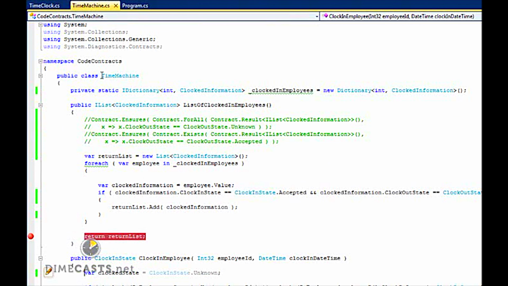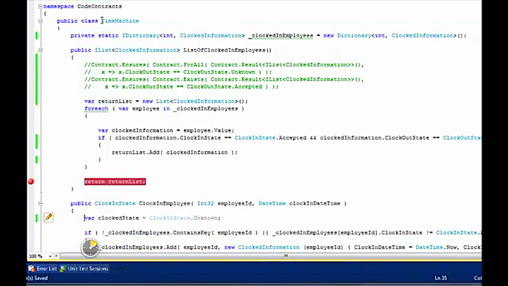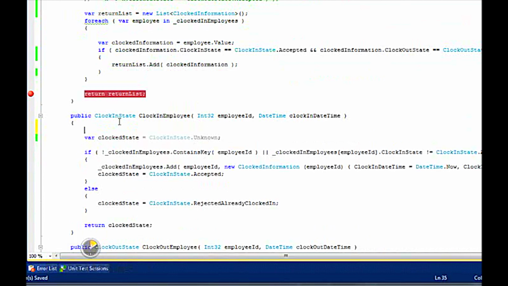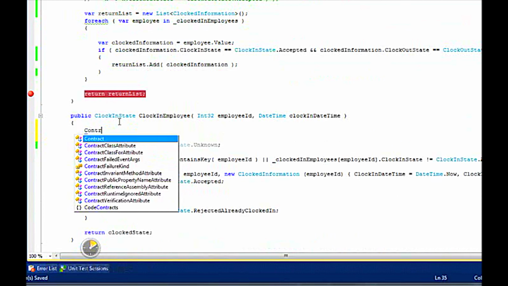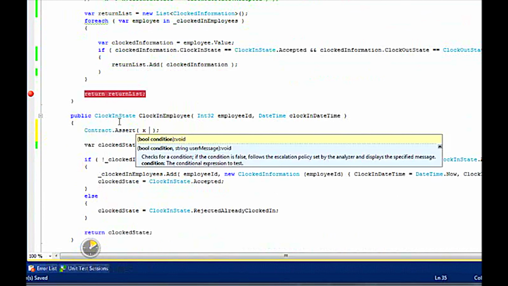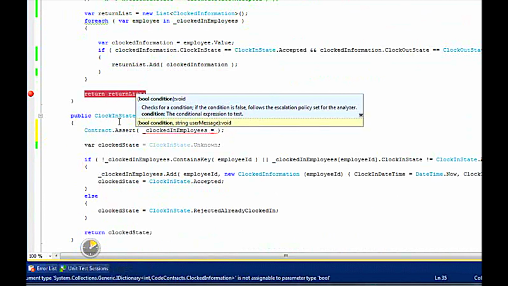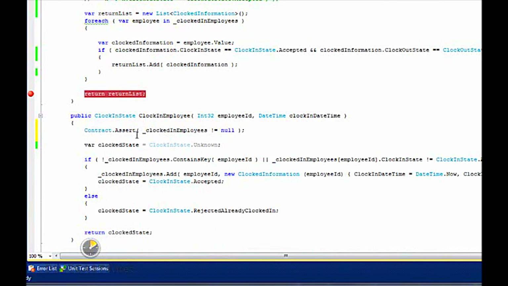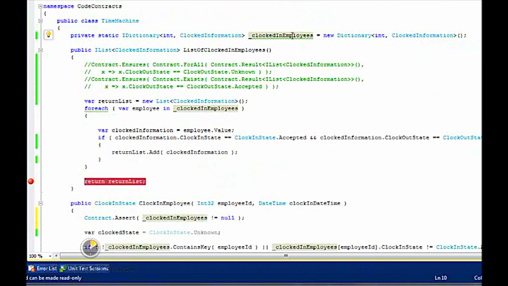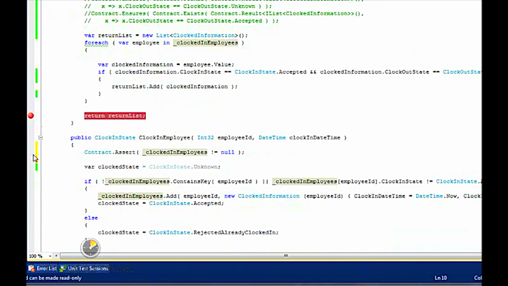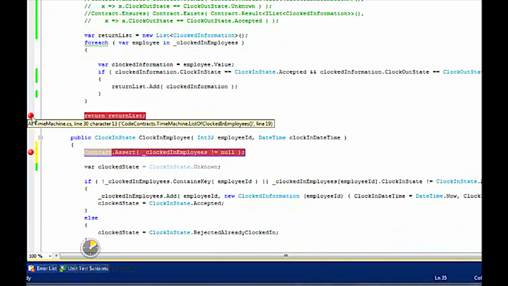To use the .Assert and .Assume, we basically want to do something very similar to the .Requires syntax. So I want to come down here and say .Assert, and I'm just going to provide my statement, my condition. I'm going to say that my clocked in employees is not equal to null. Clocked in employees is a list up here that is pre-initialized upon construction of the class. So this should never be null, but I want to add an insurance process to verify that. And if I put a breakpoint here and run my code again,